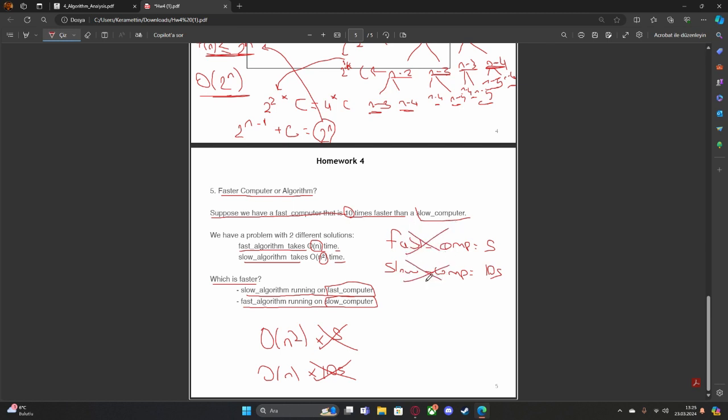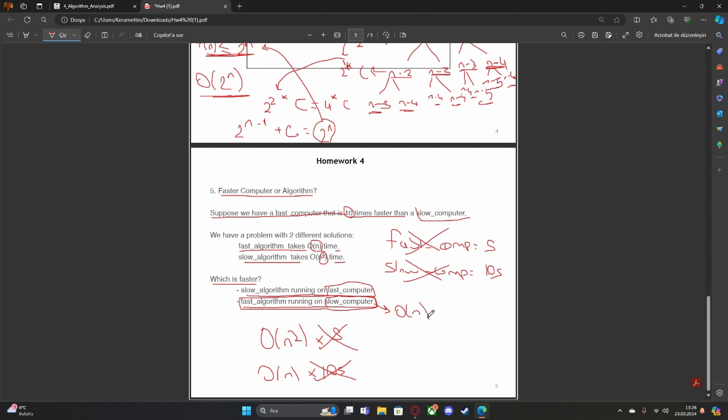It doesn't matter in algorithms. It is just about the algorithm's time, what time they are taking. In this example, of course, the fast algorithm running on the slow computer will